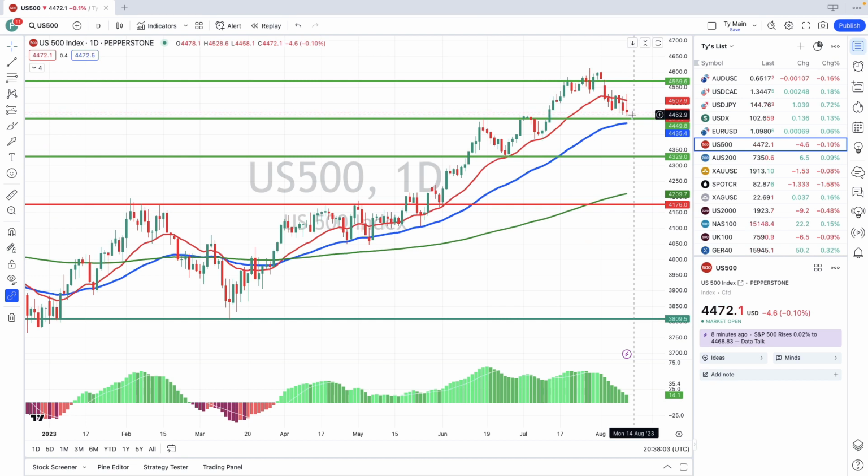If it fails to hold at this level and we find ourselves trading below the 44.20, then it probably opens itself up to a move down to the 43.30 area, I think, which is the next level of support for it. This is a very, very important zone. I can't emphasize how strong this level is. If it fails to hold, then it really opens itself up for a sell-off down to the 43s or low 43s. If we get that reversal, and look, it's tried 3 times and failed 3 times.